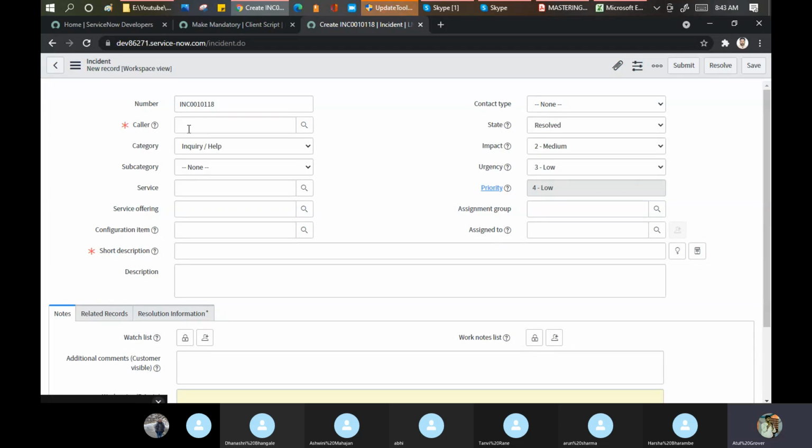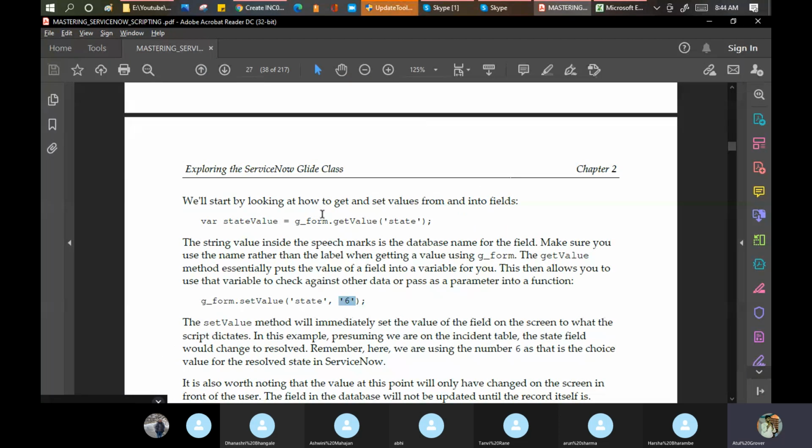And you have to mention if g_form.user ID is equal to Abel Tuter, then assign this thing. So that is one example which you can do with the coding, but we prefer to go with the data lookup part. Okay, so g_form is one of the important ones which you have to remember.